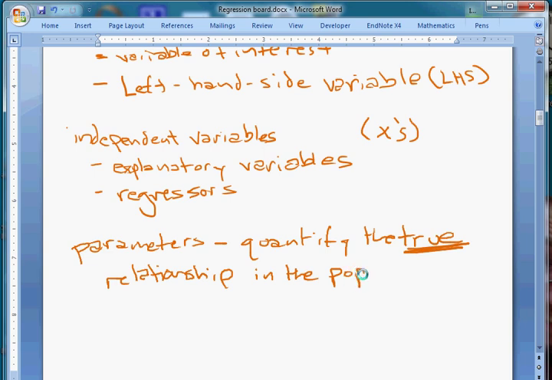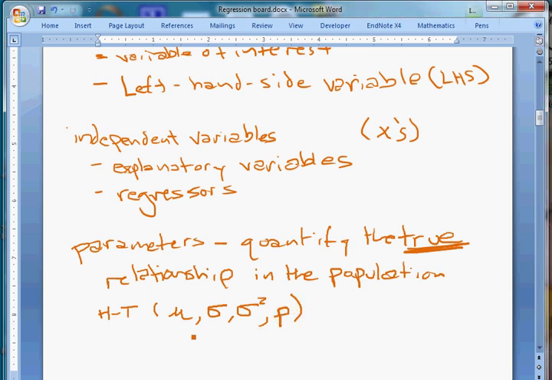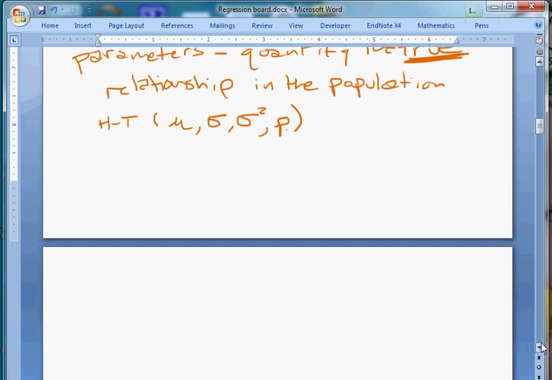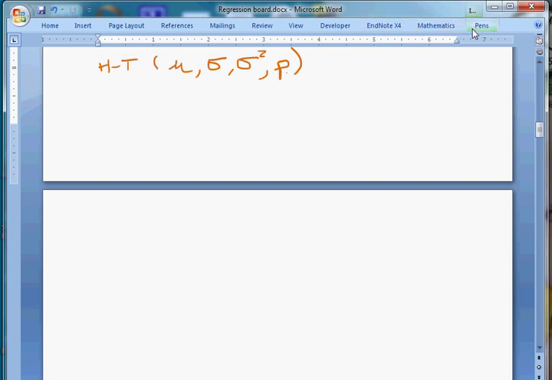Now, much like before, if you're forgetting, the parameters are the stuff we've dealt with before that were Greek letters. For hypothesis testing, we looked at the mean, the standard deviation, the variance. We also looked at the population proportion. Those were all the parameters. We're going to be using Greek letters for the parameters still. The problem is that we can't identify and observe this true relationship, the parameters. This was the insight for which we used hypothesis testing before, and all the statistical inference we've done, including confidence intervals and point estimates.